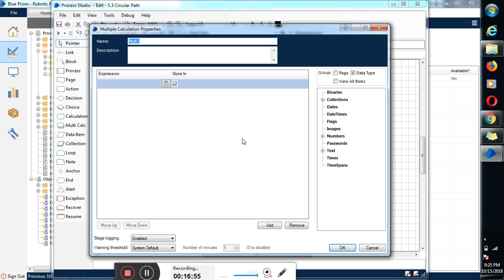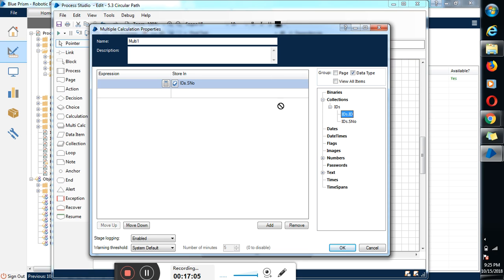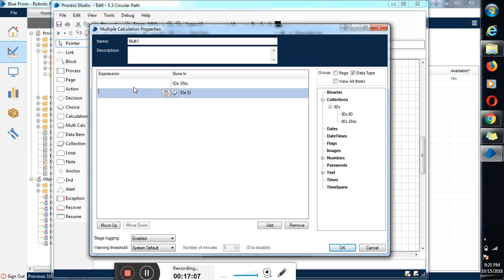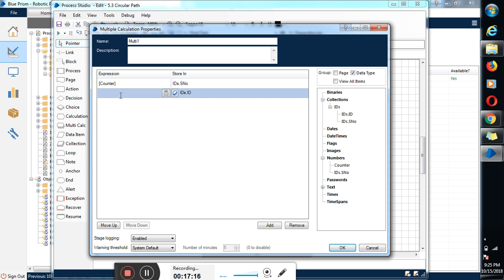Instead of taking calculation, I'll take multi-calc. Here I need to have the serial number first and then the ID. I'll specify counter, right? I have my counter, so I'll specify counter, and here I'll give it as say